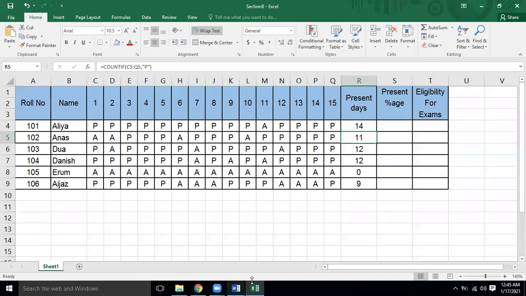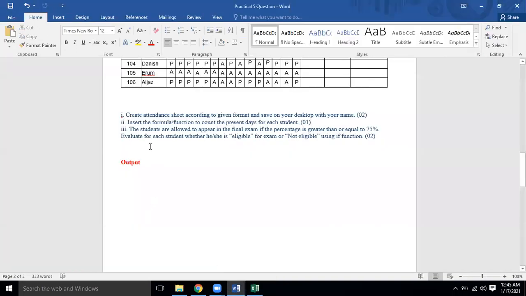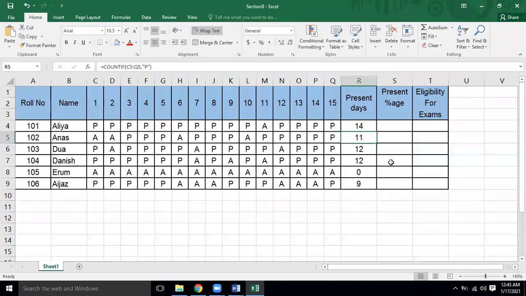Can anyone raise the hand and let me know? We have to do the present percentage, only present percentage. How much is the student present? What is the percentage? Can anyone please tell me, by raising the hand? No one is there. At least you should try.